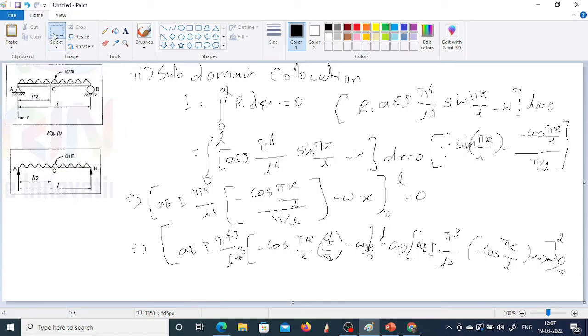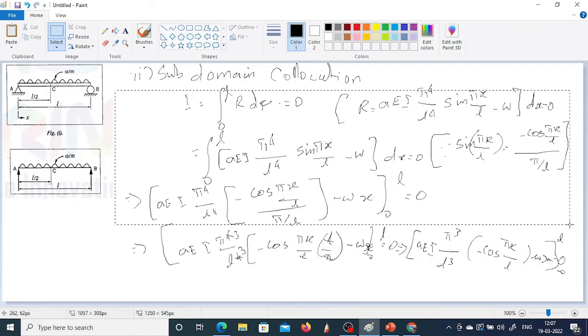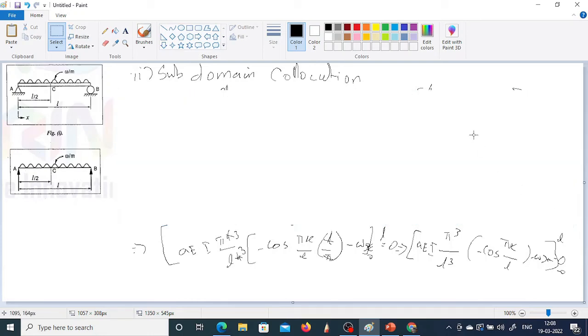Now I can erase the above steps. Now, what happens? Let's see. Yes, now I can write the formula. What I found here is EI pi cube by L cube into minus cos pi x by L into L into pi minus wx. I removed the term, so from this pi x by L minus w I got. What happens here? Is equal to, here you see